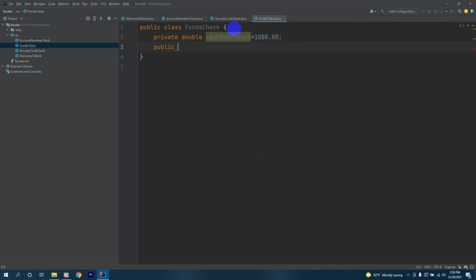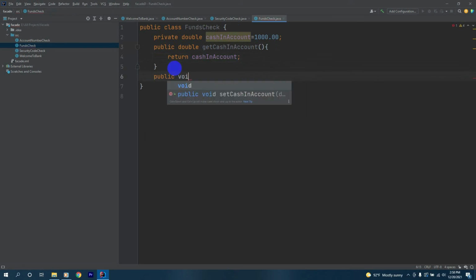And next thing we'll have a public double getCashInAccount, and it will return the cashInAccount, like this. Next we'll have a public void method decreaseCashInAccount,